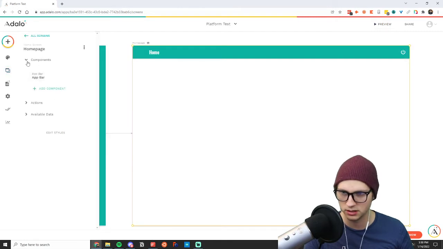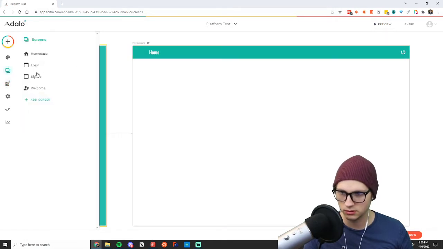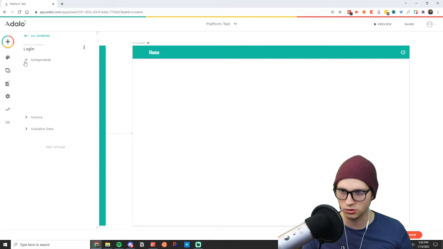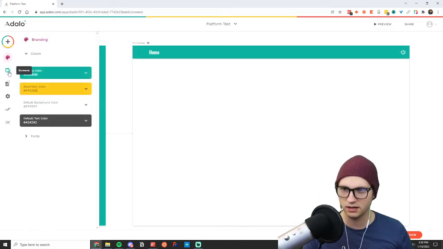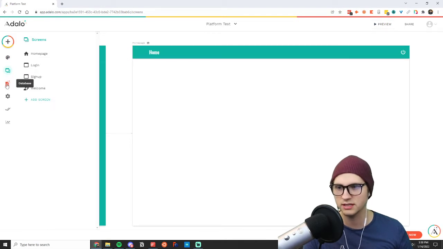That's actually quite nice. So we can go to screens, log in. You can control bits there. That's the screens element. We already know the branding. We can change colors and fonts and everything else. We can go to the screens. We were already scrolling around the screens. This is the